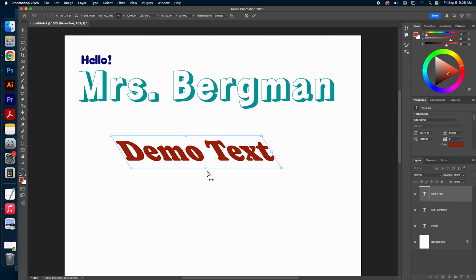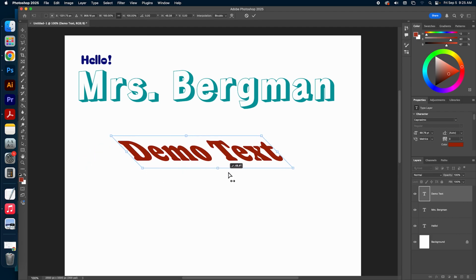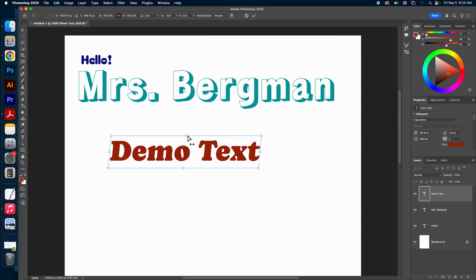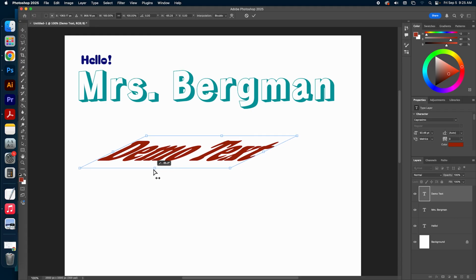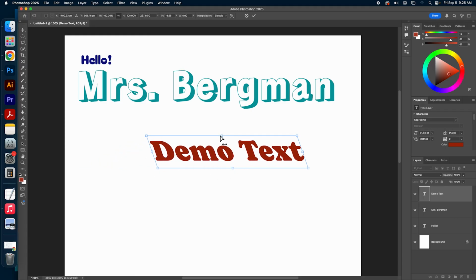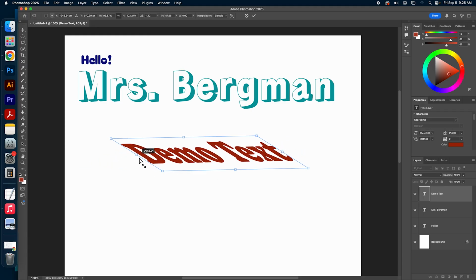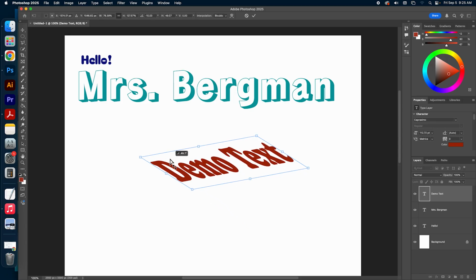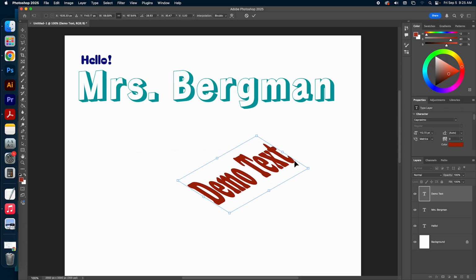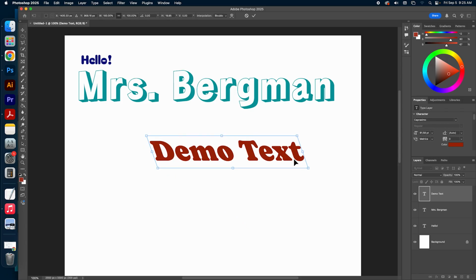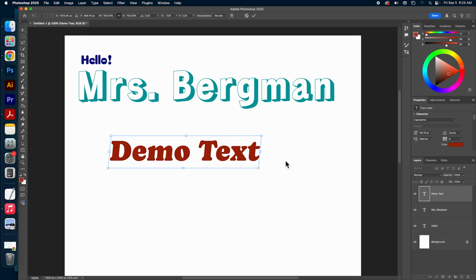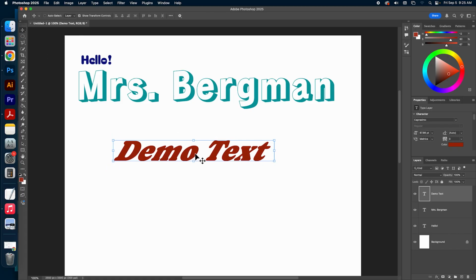You're going to grab corners. Skew is basically stretching it from the bottom or the top to make it do that or do that. So we'll skew that text.